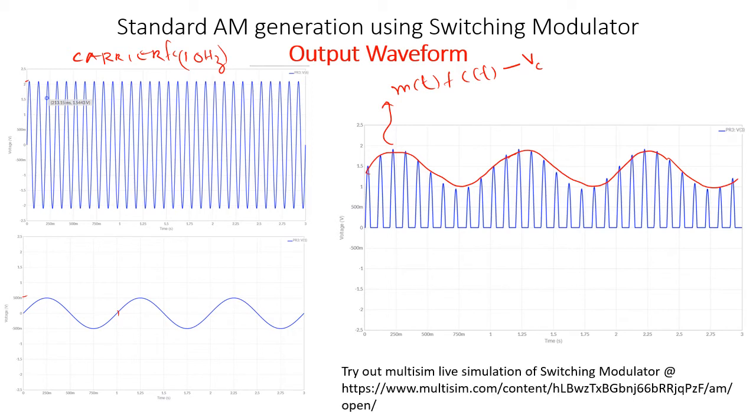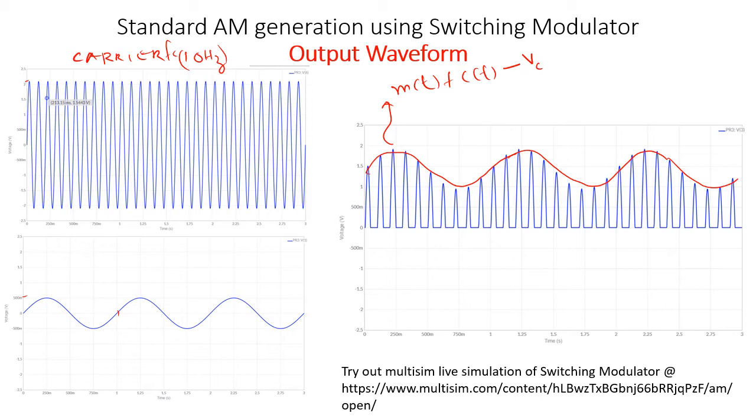So this is the link for you to try out this Multisim simulation, right? I've given the required instructions in that schematic itself. I request everyone to try this out. So here you can see the carrier amplitude is 2.1 and message amplitude is 0.5 millivolt, and you can see the peak we are getting here is somewhere slightly less than 2. It's because the diode which I have used in this Multisim live simulation is not an ideal one. It has some cut-in voltage, which will be somewhere around 0.7. That's why we are getting it like this.